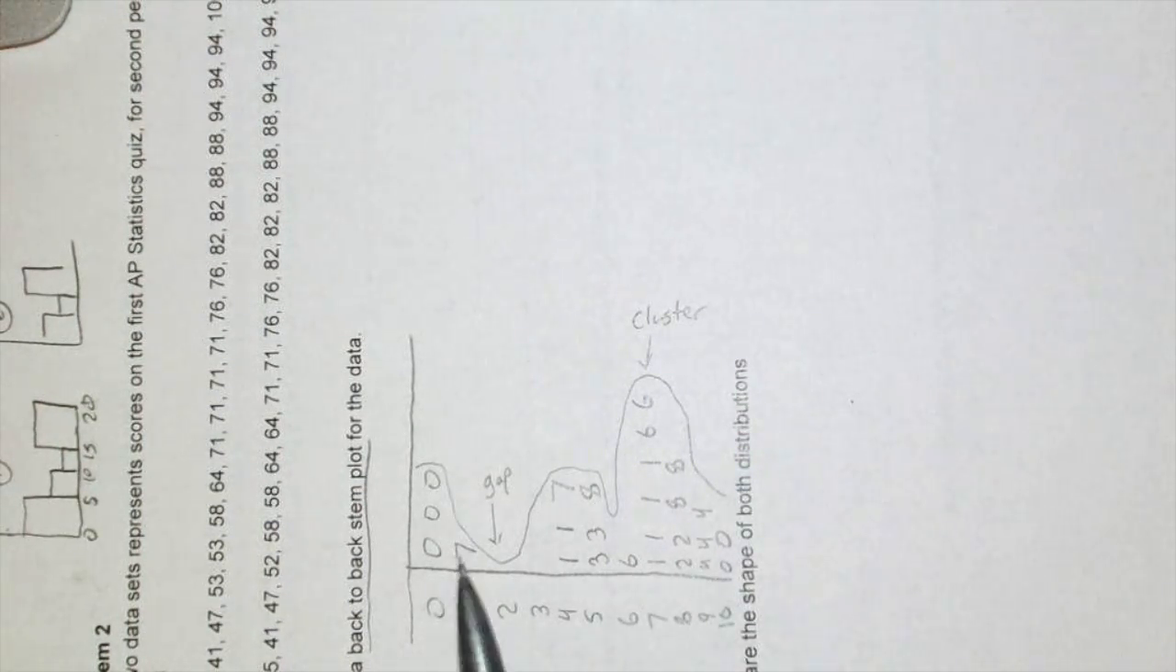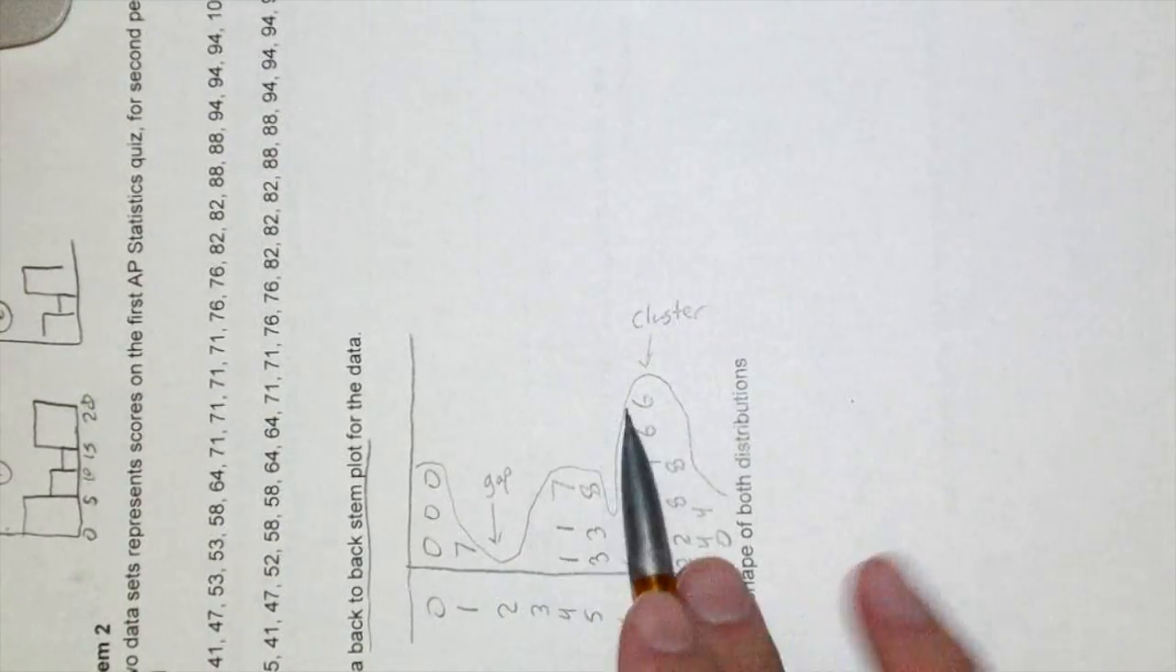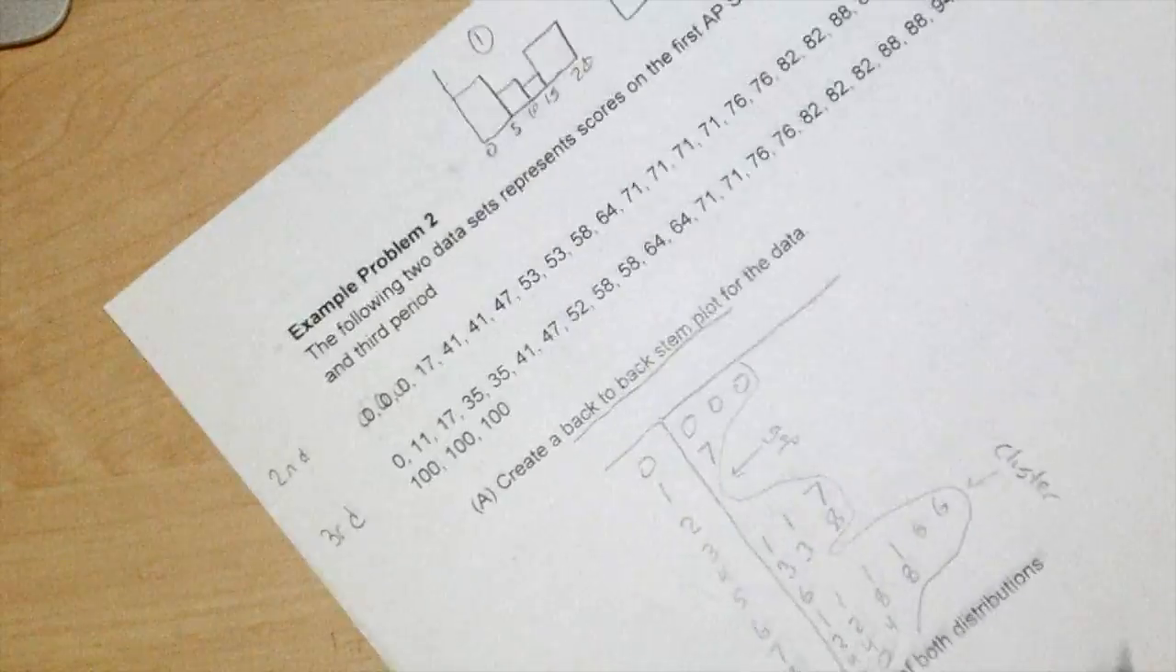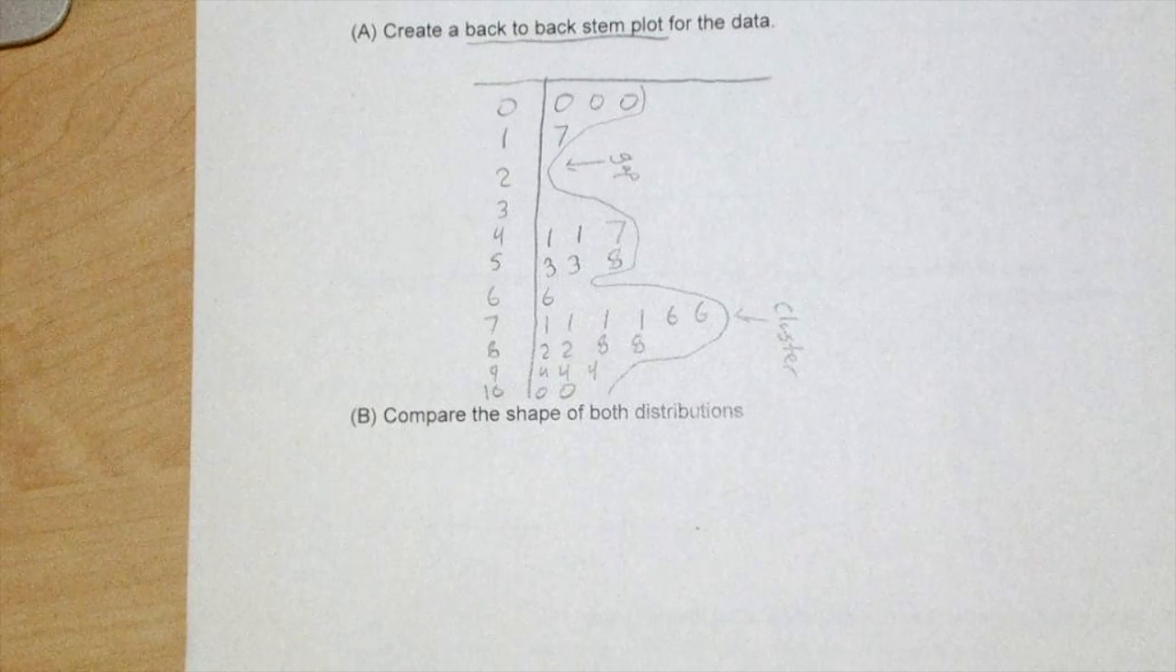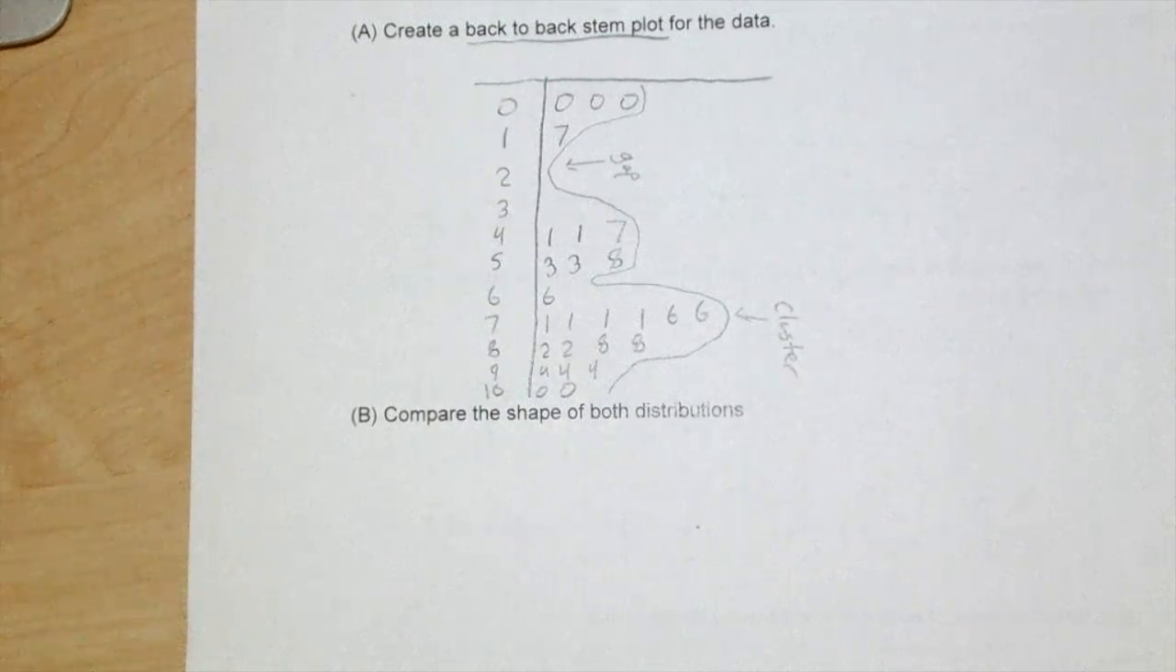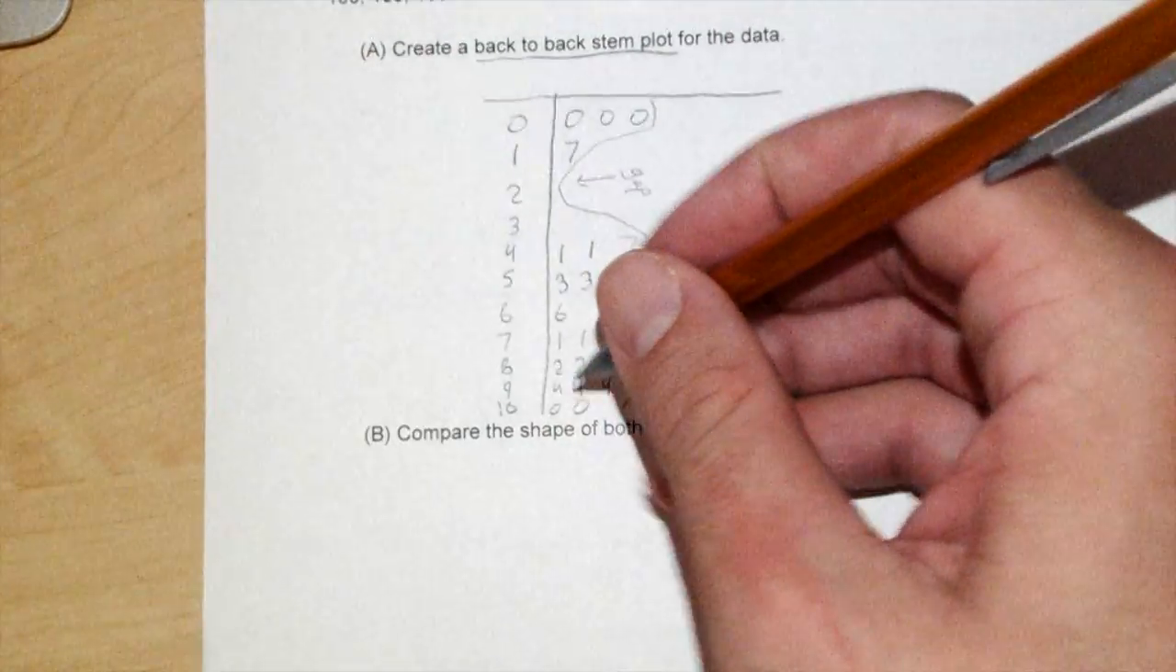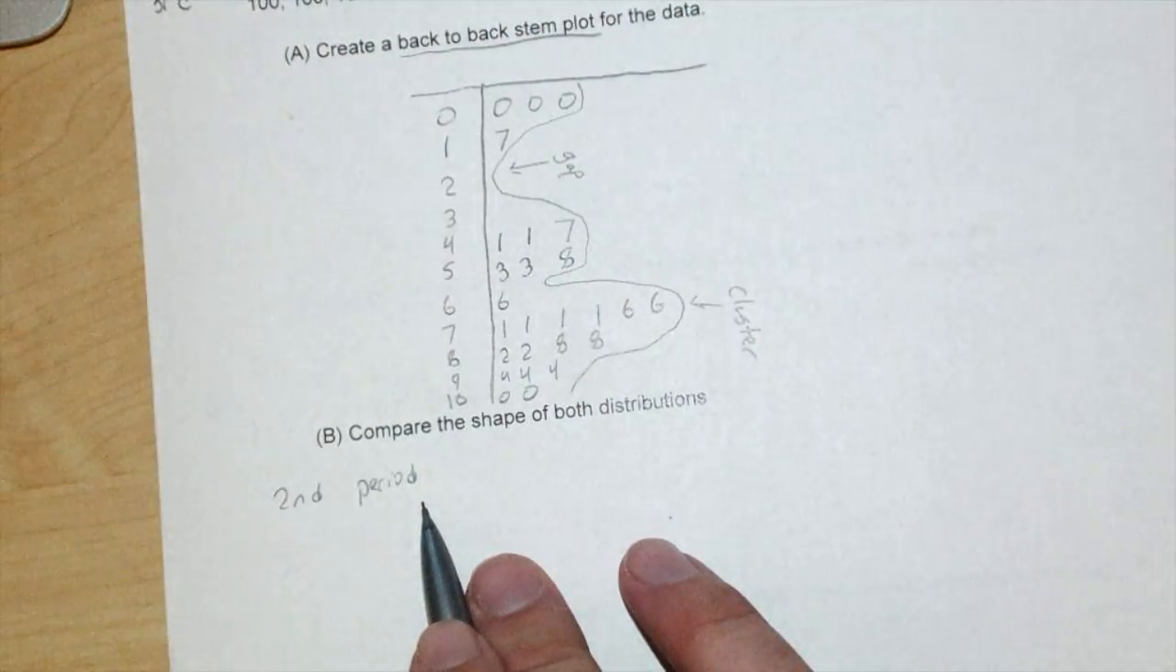But there's a gap at 2 and 3 and a cluster at 7 and 8. Okay? So again, sometimes, if you were to find the mean and the median, you could actually figure out if it's skewed one direction, but sometimes the skewness is indistinguishable. So for second period here, if we're going to compare the shapes, and we're going to go back to third, but for second period, we can say